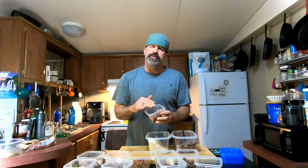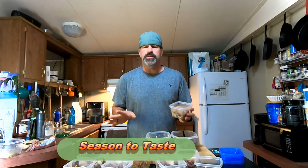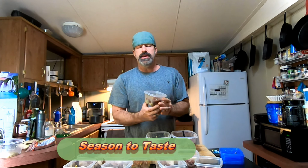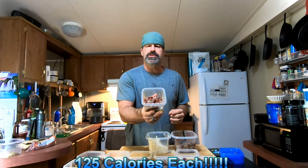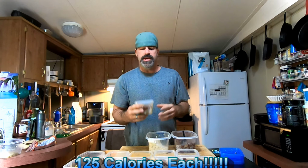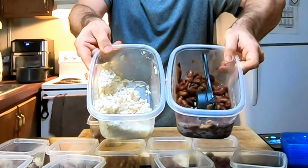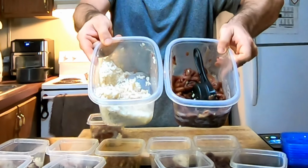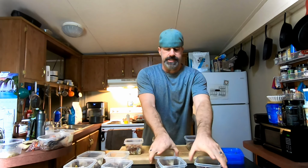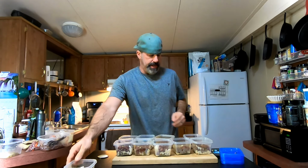Now as you see, there's still plenty of room in here, so if you wanted to change this and add either more beans or more rice or more veggies or whatever, you could do that. But like we said, we are already adding these to other things. But here's the thing, these are only 125 calories a piece, so there's still plenty of room that if you wanted to fill this up and just have this be its own meal, you could do that. You do have a lot of excess, so it's technically a lot less than $4, but with all of these, we now have 10 pre-made meals, essentially,